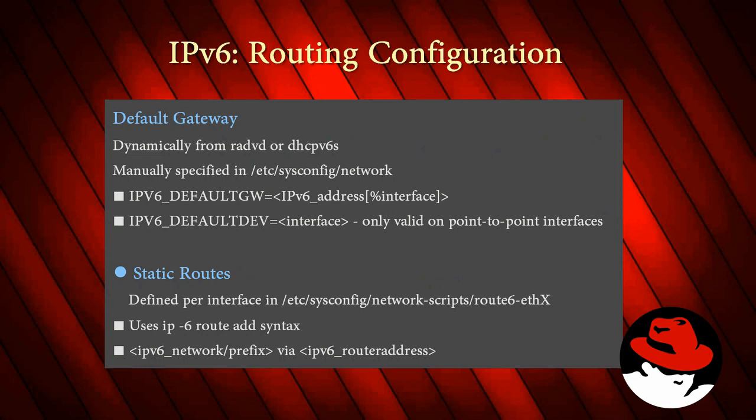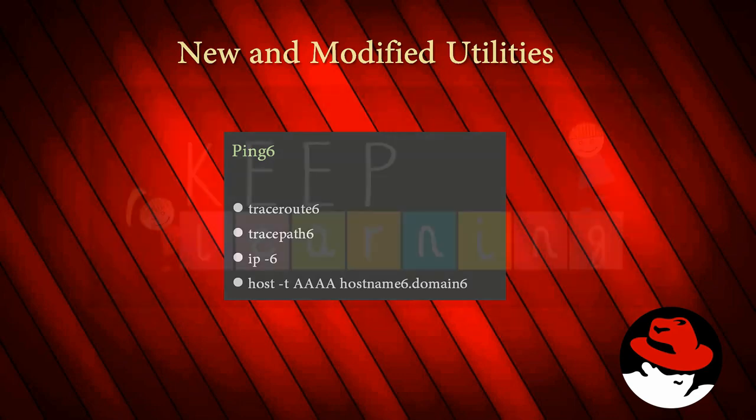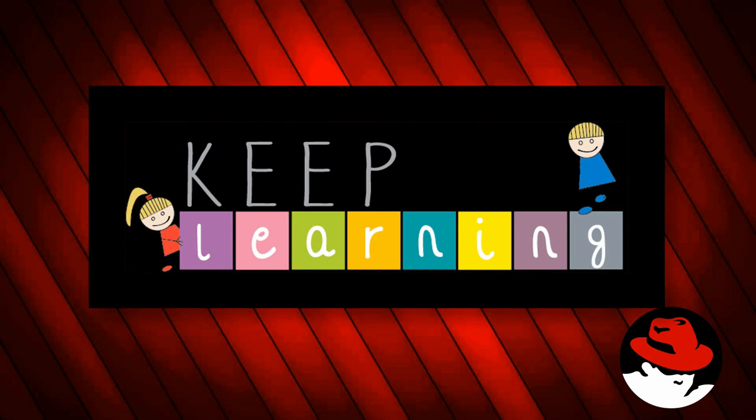You can configure IP version 6 for static, dynamic, and DHCP client, the routing table, and everything on the network. You can add new modified utilities with ping6, traceroute, and so on. The version name 6 or 7 or 8, anything. So this was about networking